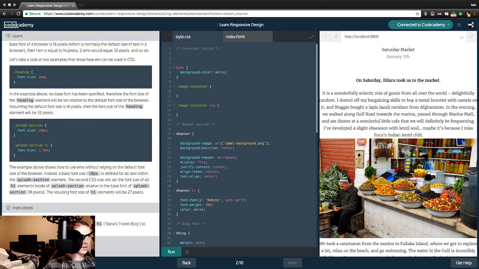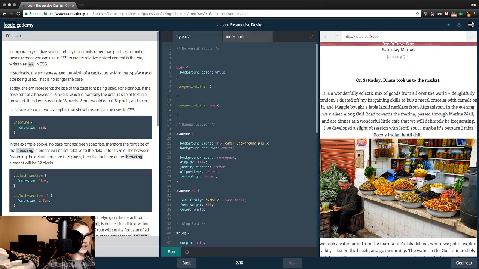All right. Incorporating relative sizing starts by using